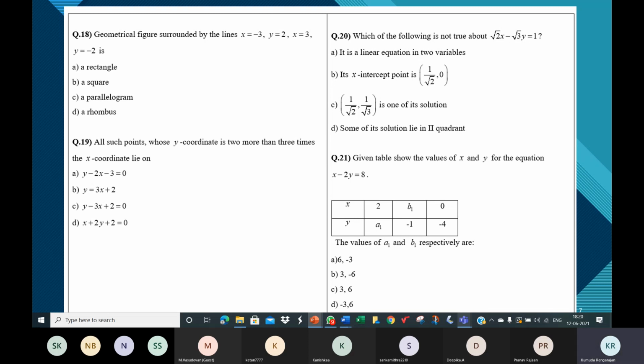Now for 20, correct, the options are C and D. Both of them are incorrect, meaning both of them are not true about the equation. Yes, now question number 21. This will be followed by a test. Get ready for the test. So with today we'll wind up the classes for linear equations. For tomorrow, I think I'll start coordinate geometry or some other new chapter. Mostly coordinate geometry.